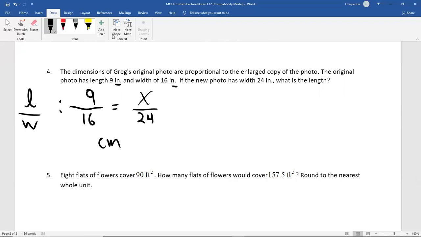We're going to cross multiply. Take the 9 times the 24. Set that equal to the 16 times the x. All right, 9 times 24, well, 9 times 20 is 180, 9 times 4 is 36. Add those, you get 216, equals 16x. Then we're going to divide both sides by 16